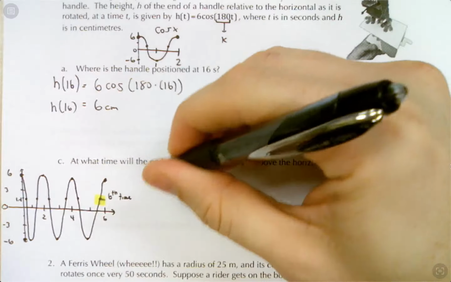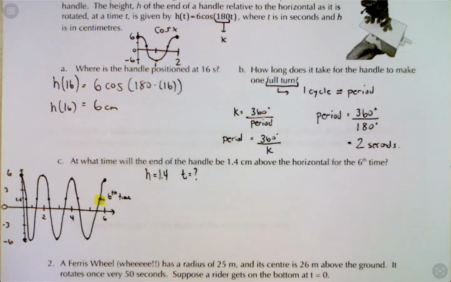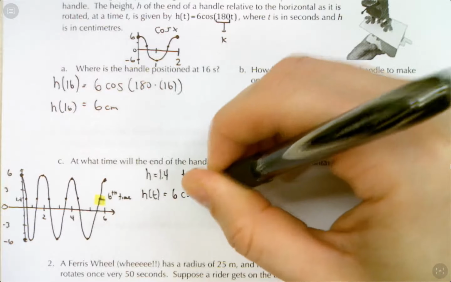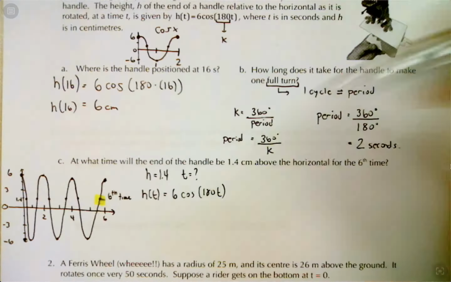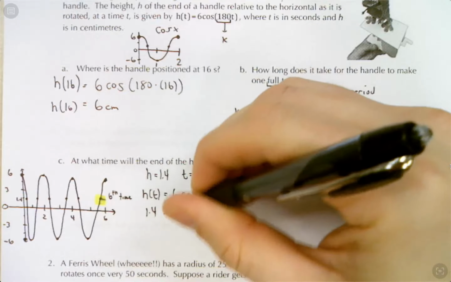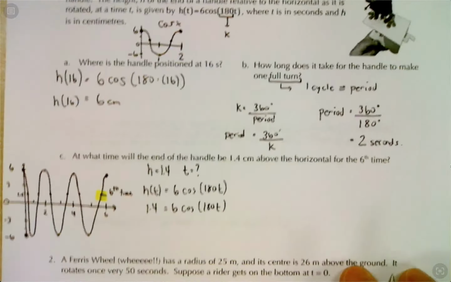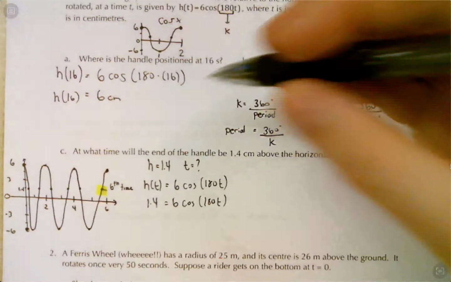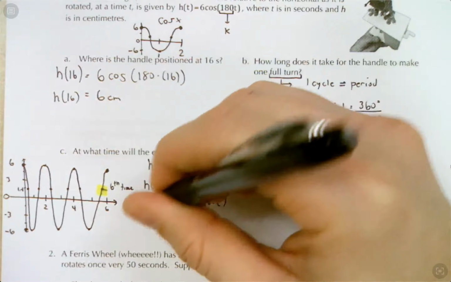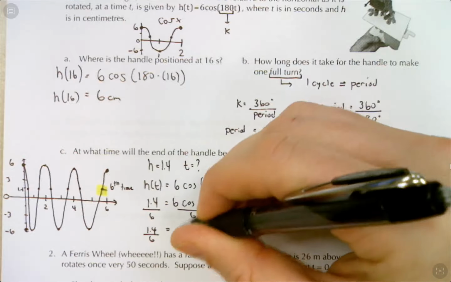So let's do a little bit of math. We know we want a height of 1.4. We want to know the time. So we have an equation. H of t equals 6 cos 120t. The height we're given is 1.4. We want to solve for t. If we do this, we can find information about the time that we're hitting the height of 1.4. So let's solve. We'll divide both sides by 6. And we get 1.4 over 6 equals cos